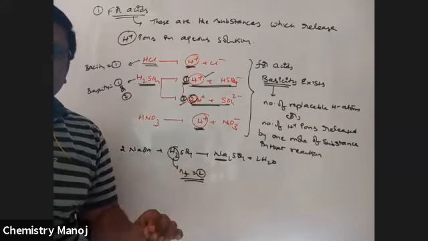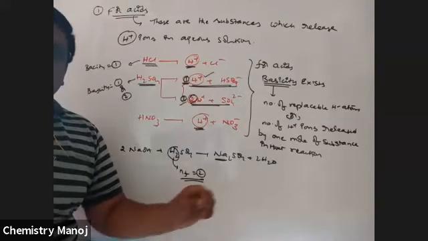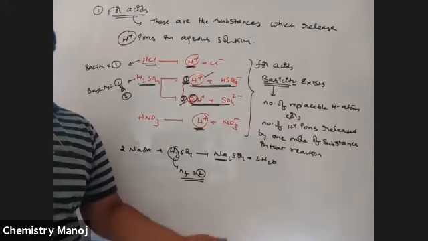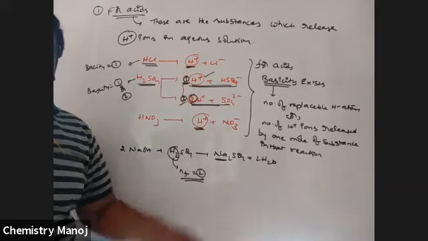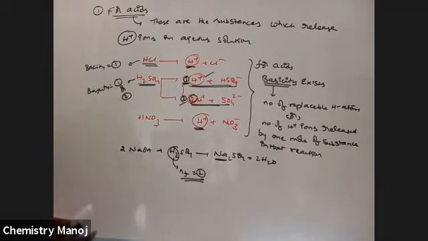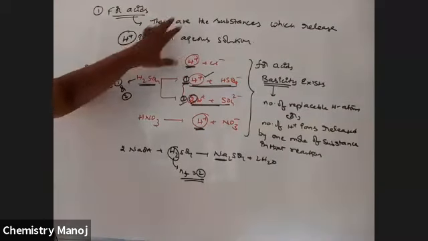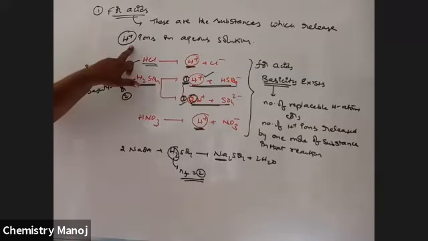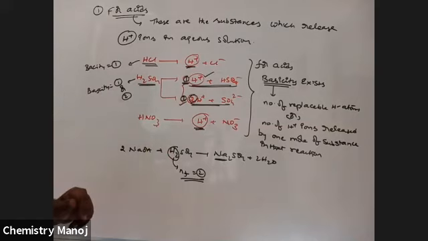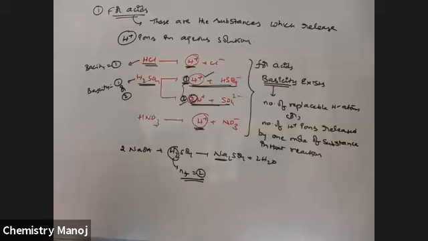So please listen carefully. The N factor for a particular substance is not constant. It may depend on the nature of that particular reaction. So it may be replaceable by 1 hydrogen, or by 2 hydrogens, or by 3 hydrogens. It is very, very important. See here, once again. What are acids? Acids are nothing but substances which release H plus ions. The number of H plus ions released is the basicity of that substance. That basicity is the N factor for that substance.